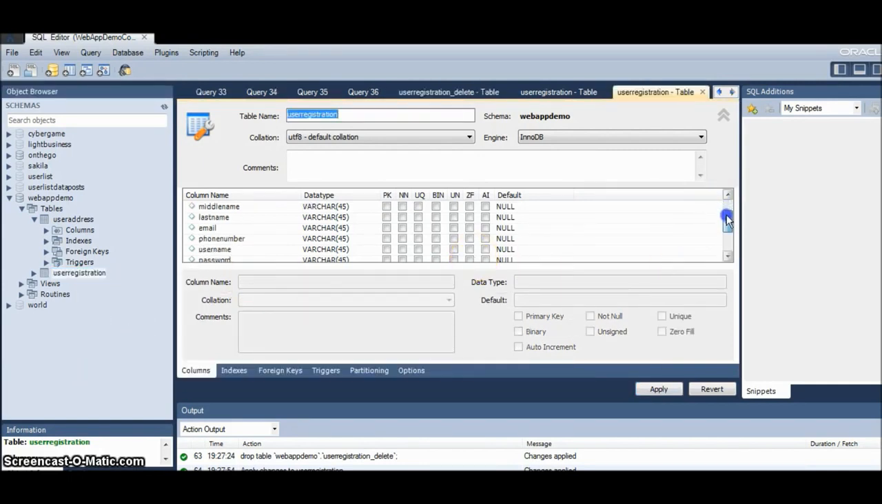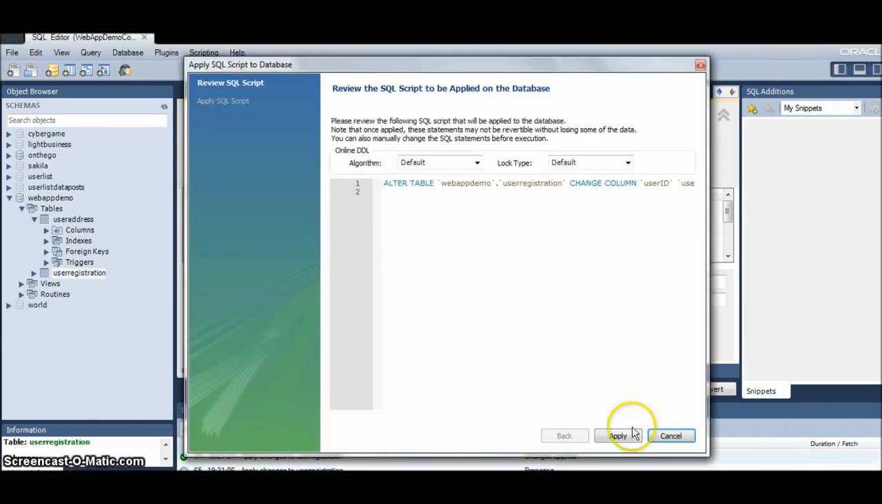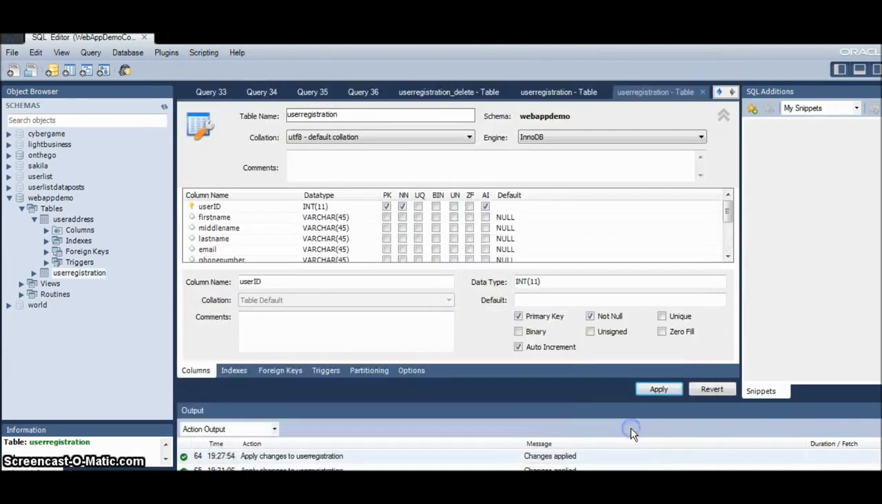I think I had it up already, but if you look over here at user ID, you'll see several columns. The one thing I want you to do is look at AI, auto increment. If you check that box off and apply it, this is going to help later, because the code I'm going to show you right now to write to the database